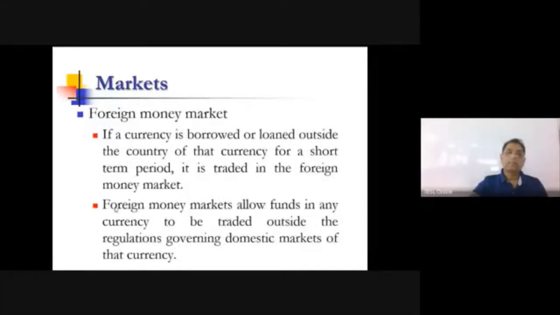In the foreign market, if a currency is borrowed or loaned outside the country of that currency, it is traded in the foreign market. The foreign market allows funds in any currency to be traded outside the regulations governing the domestic market. So, for example, if a Sri Lankan company wanted to borrow dollars for 6 months, but we don't have the dollars in Sri Lanka for them to borrow, within what we call the foreign currency banking unit and within the bank's own mandate, they can go out to, say, a bank in the UK